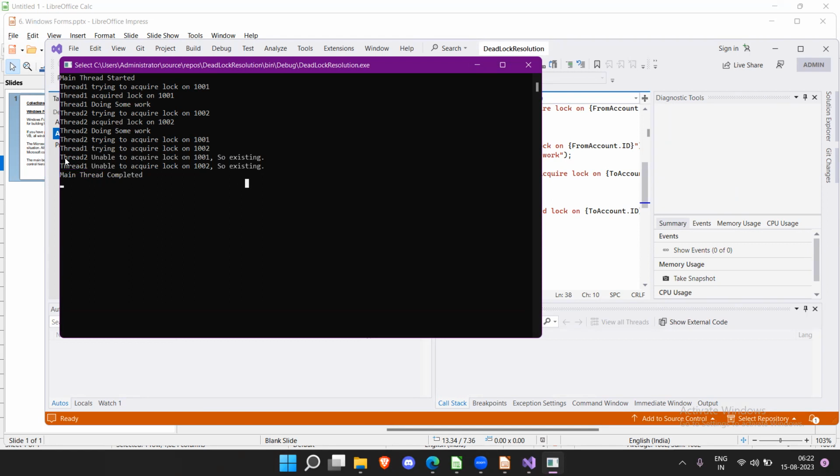So thread 2 waited for 3000 milliseconds. It couldn't get a lock and released, and it came out of the critical code. And the same thing happened for thread 1 also. See, this can happen. Why? Because see here what is happening,